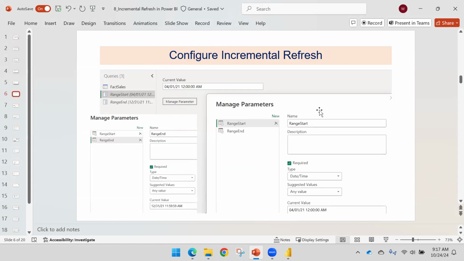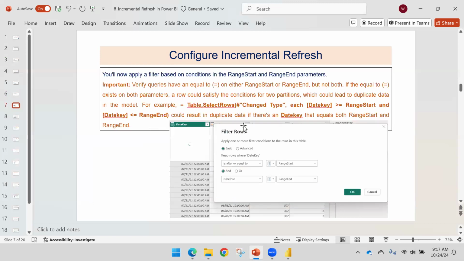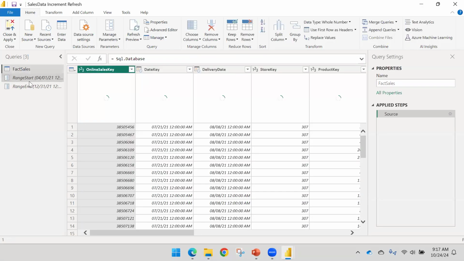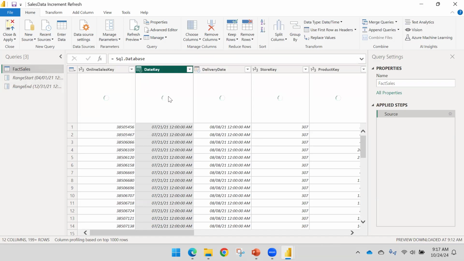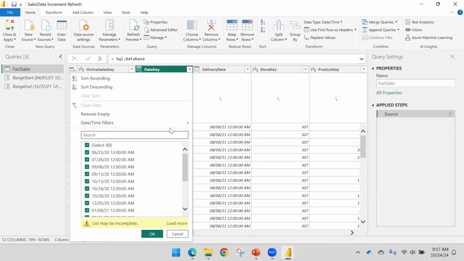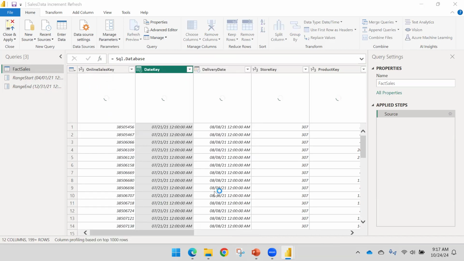So we have created two parameters. This is the RangeStart parameter. This is the RangeEnd parameter here. And now apply the filter for the table. Okay, so this is my date key. You have to use a date and time data type column to filter, because we are going to use the same type of parameter. So here, if I select the date and time filter, and let's say custom filter, here